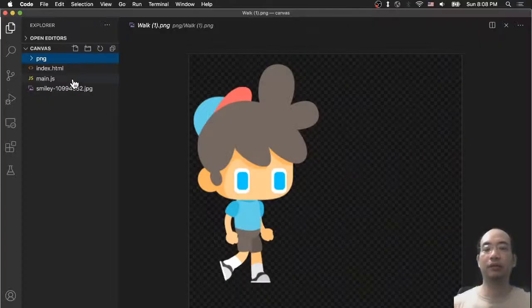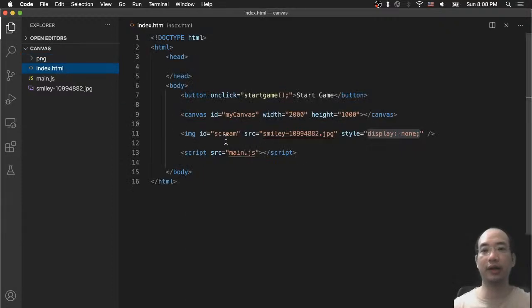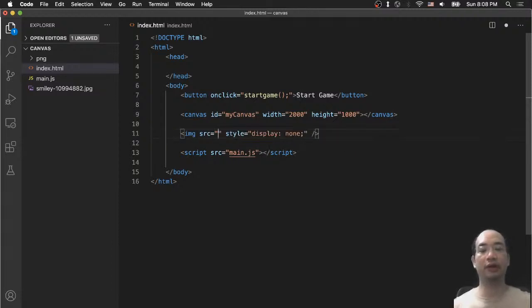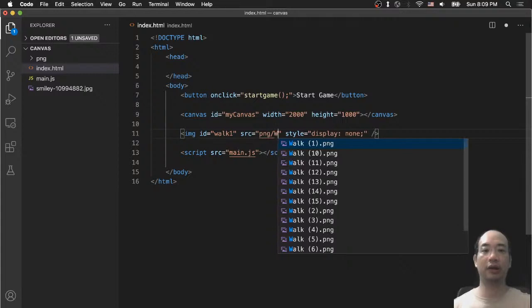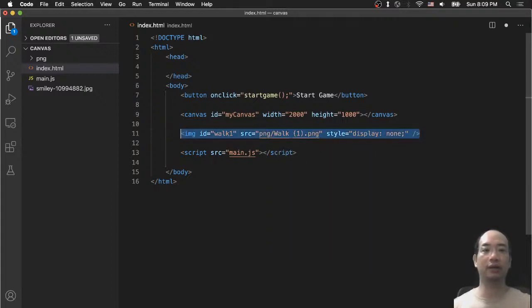and we are going to load index.html. One way to do that is you just change this one, the image. You have the source. If you want to load them like this, you have this kind of thing. You change the image, remove the ID. Let's not remove the ID. You still have the ID, and let's just say walk1. Okay, and now you have the source, it's PNG, and now you type walk1, right? And now you just do